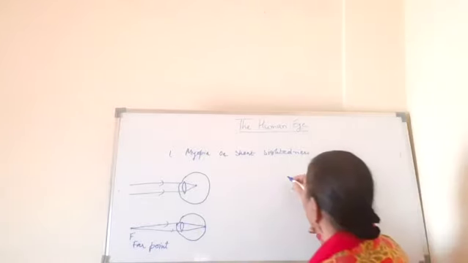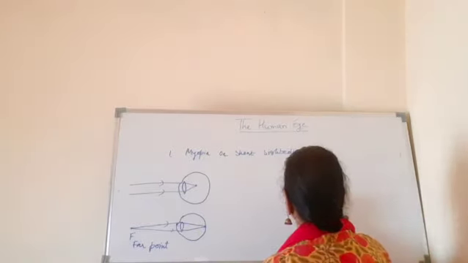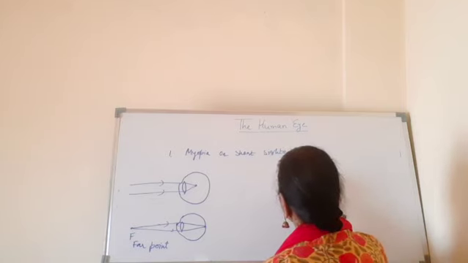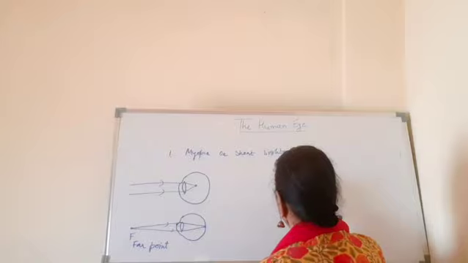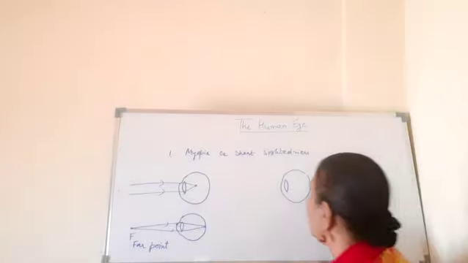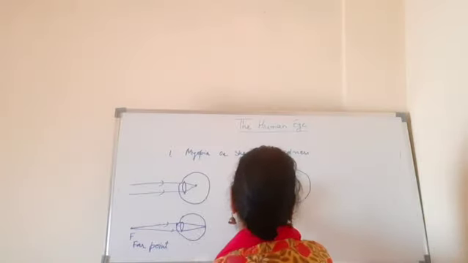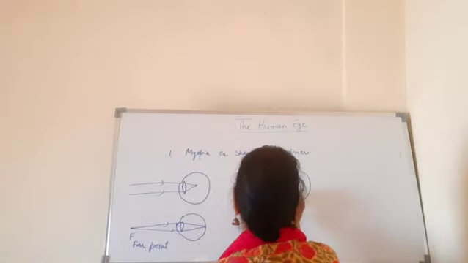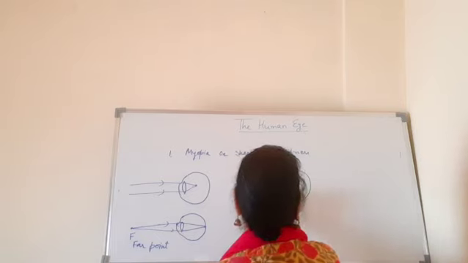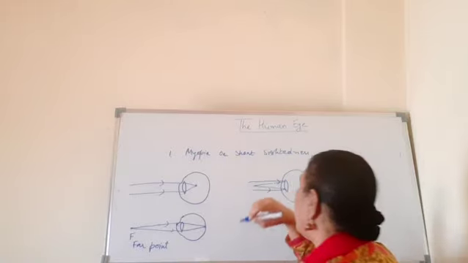The myopic eye correction is to be done by a lens which brings the image to the retina. So if we have these rays which were coming parallel and forming the image before the retina, and here we have the myopic eye far point,